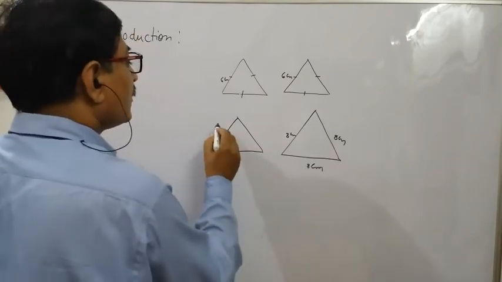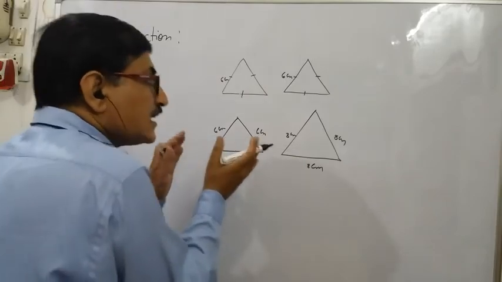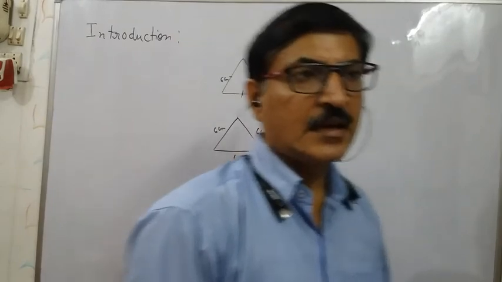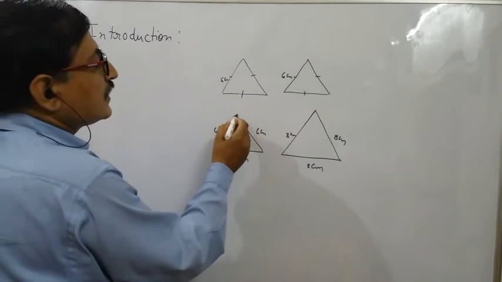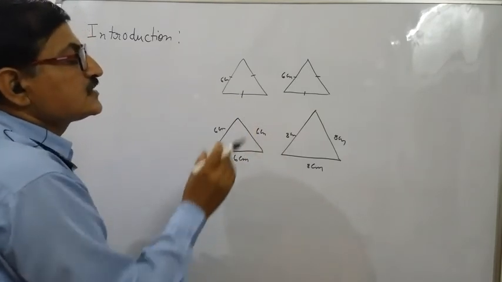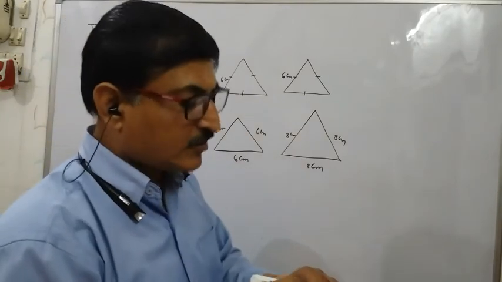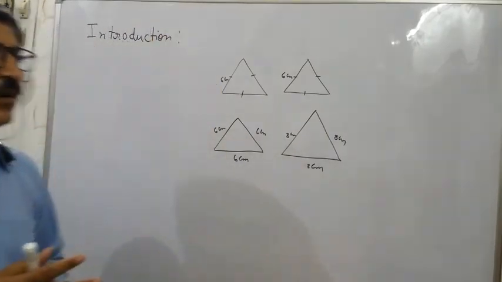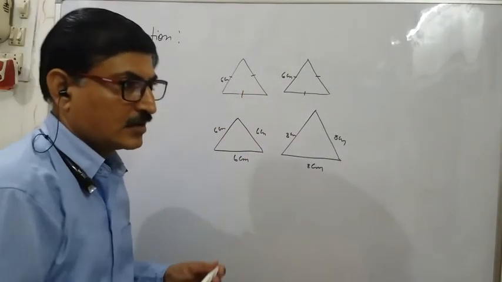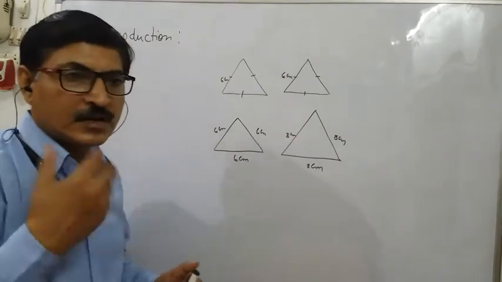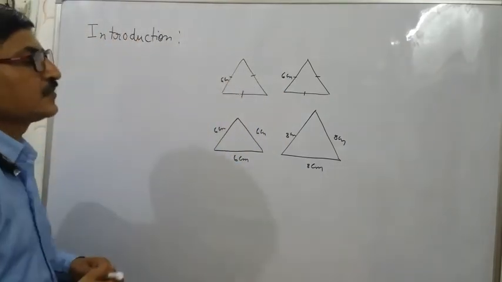So this time they will not be congruent. They will be similar. They are the same like. So equilateral triangles are similar. But if they have the same size, then they will be congruent. Otherwise, if their size is different, they will be similar but not congruent. So all congruent triangles are similar, but all similar triangles are not congruent. Means whatever the figures are, all congruent figures are similar, but all similar figures are not congruent. That you have to take care of.